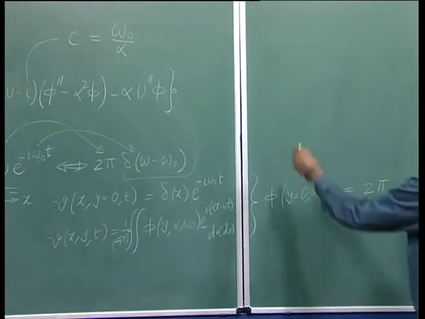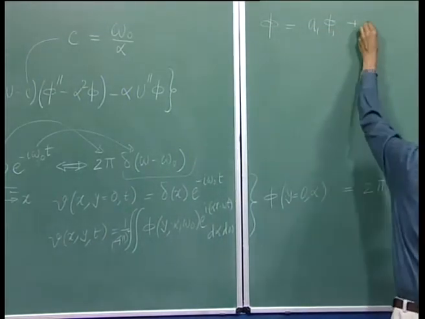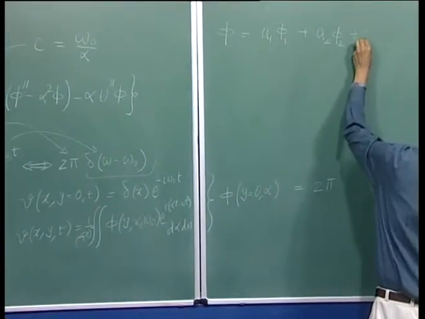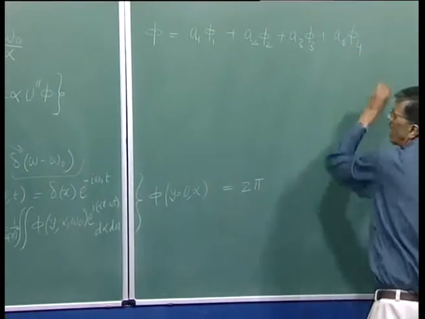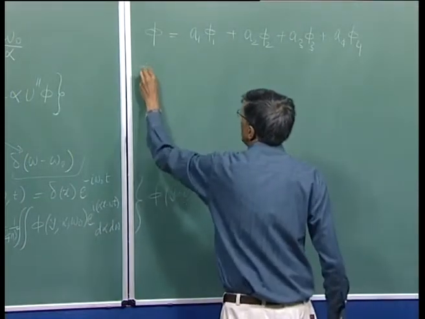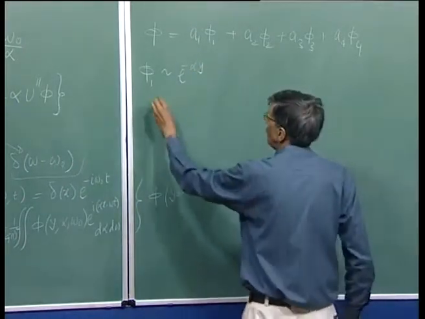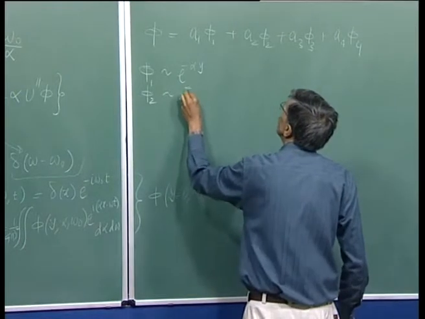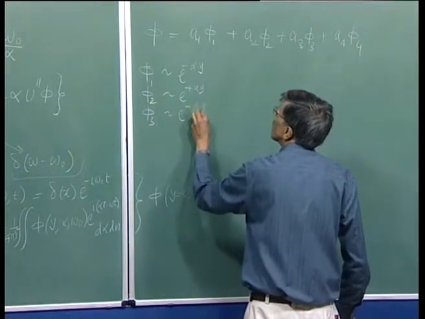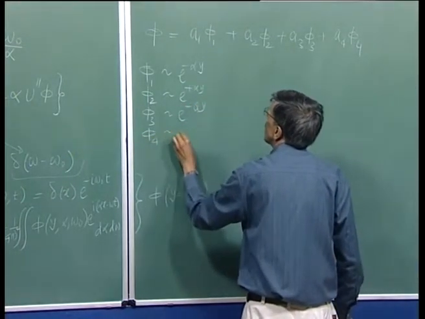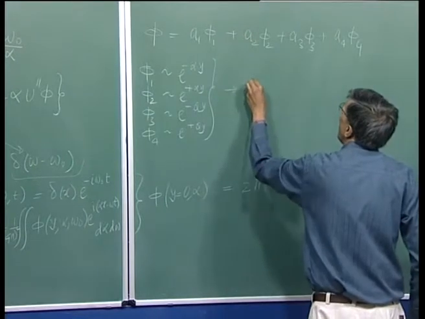Now, what have we had so far? We had phi given as a1 phi 1 plus a2 phi 2 plus a3 phi 3 plus a4 phi 4, and what we found is that phi 1 goes as e to the power minus alpha y, phi 2 goes as e to the power plus alpha y, phi 3 goes as e to the power minus q y, and phi 4 goes as e to the power plus q y. This is what we get